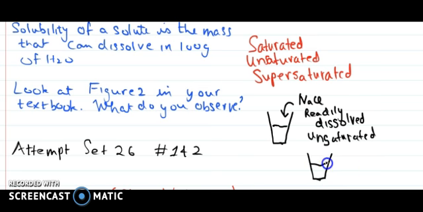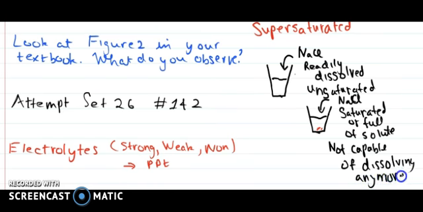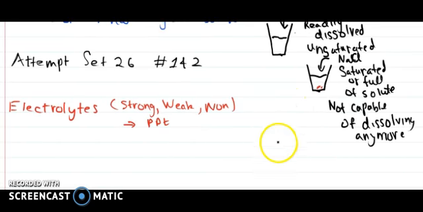That means that you try to dissolve the salt, but you reach a point where some of the salt actually settles at the bottom of the glass. And that's where you know that the solution is saturated, it can't take any more. Saturated, or full of solute, not capable of dissolving more. However, you can dissolve more if you change the temperature, because we just learned from solubility curves that